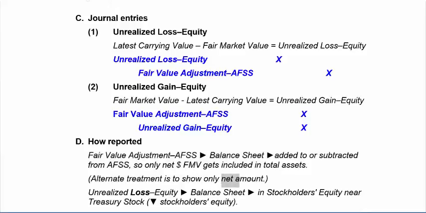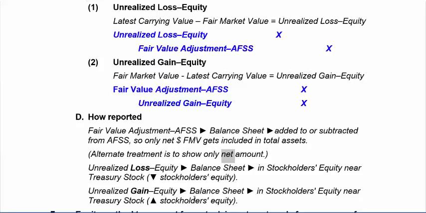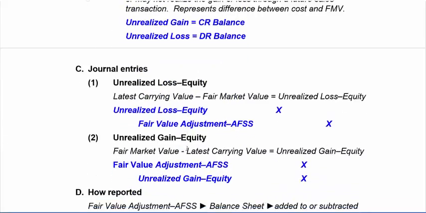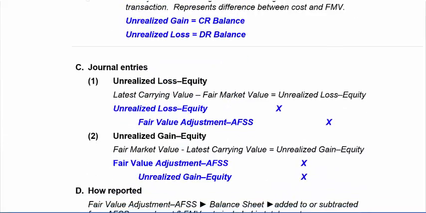Sometimes you'll see only the net amount without showing the valuation account. And the unrealized gain or loss is going to end up in stockholders' equity. Gain making stockholders' equity bigger, loss making stockholders' equity smaller. Okay, that's it for available for sale securities. So computation-wise, you'd want to set up a table showing essentially